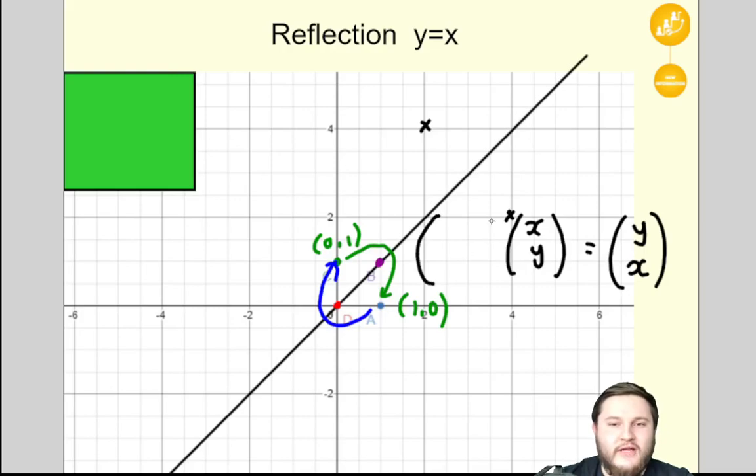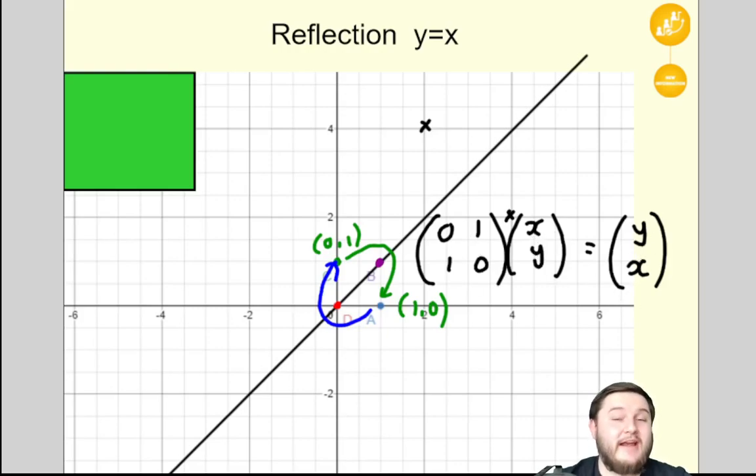Okay, what matrix is going to give me this transformation, where the x and y coordinates swap over? Well, there has to be a 0 to begin with, because I don't want x in the first value. So 0 times x is 0, but then 1 times y is y. So y is going to appear in that first box. And then here it's got to be 1, 0, because 1 times x is x, plus 0 times y is 0. So that just leaves me with x. So I did a little quick check there, multiplied the matrix by the coordinate, and it swaps over the